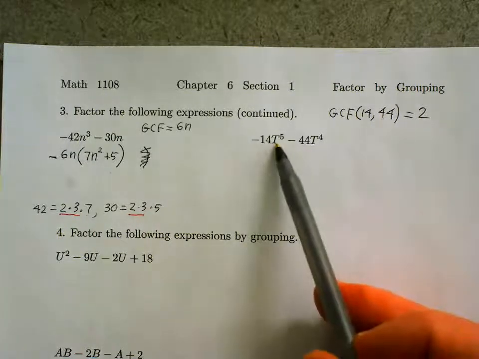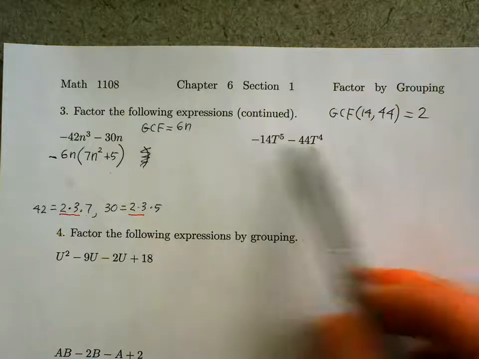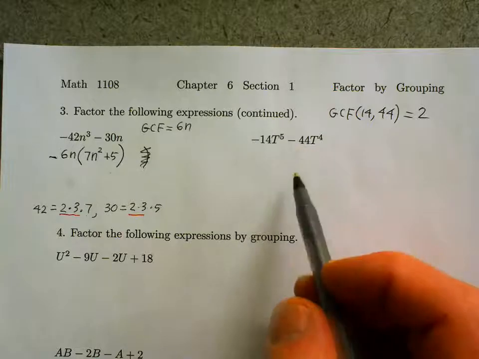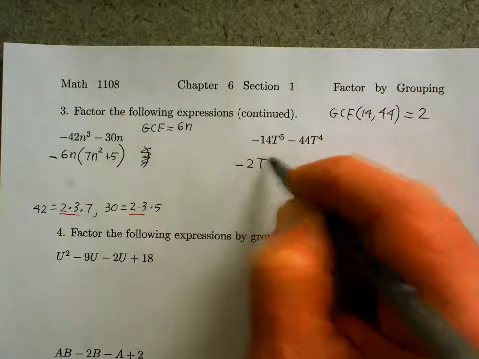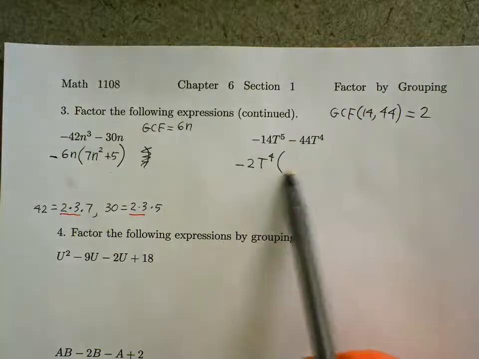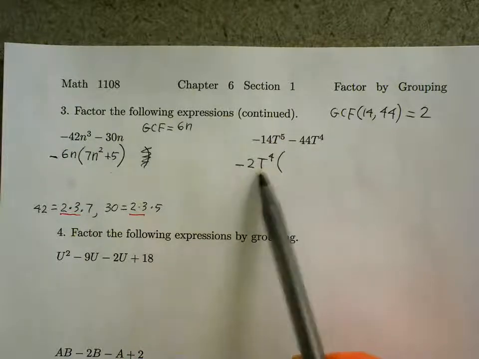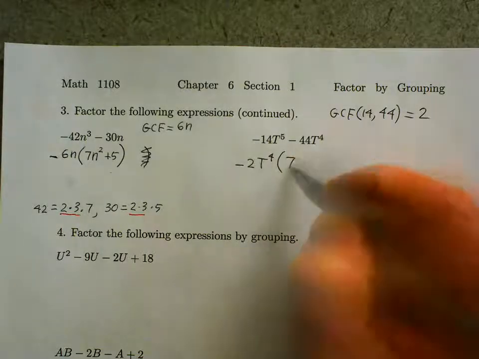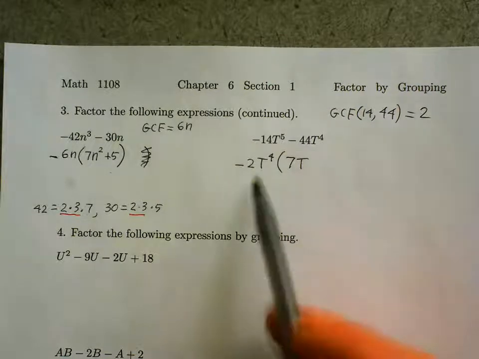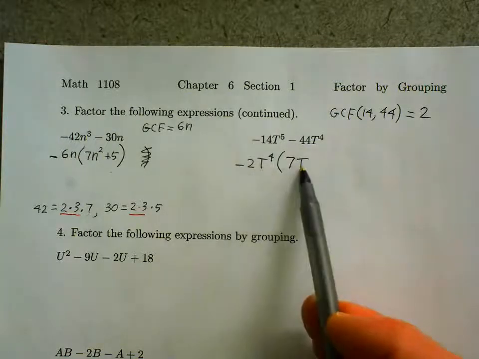Then when we compare the variable parts, t to the fifth and t to the fourth, t to the fourth is common to both. So since the leading term is negative 14t to the fifth, I want to factor out negative 2t to the fourth. And then inside the parentheses, the first term is negative 14t to the fifth divided by negative 2t to the fourth. Negative 14 divided by negative 2 is positive 7. T to the fifth divided by t to the fourth is t. And then check, negative 2t to the fourth times 7t. Negative 2 times 7 is negative 14, and t to the fourth times t is t to the fifth,